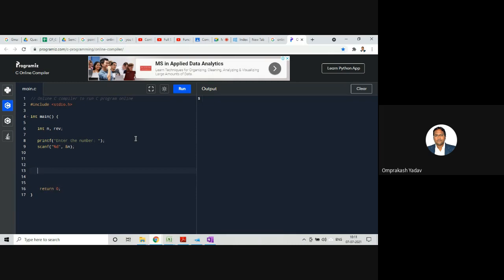Now it's time to call the function so that that particular function is going to reverse the number. So I'll say reverse is equal to, let's say, we will write one function that is reverseNumber, and to this function we are going to pass our n. So this is the value n which we are passing to this particular function, and it is going to reverse the number.